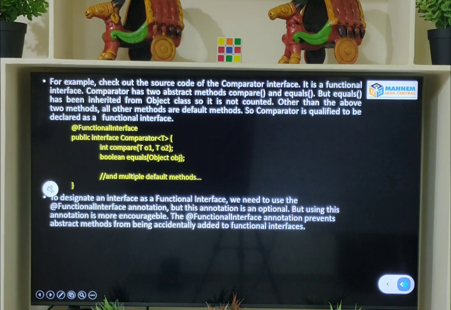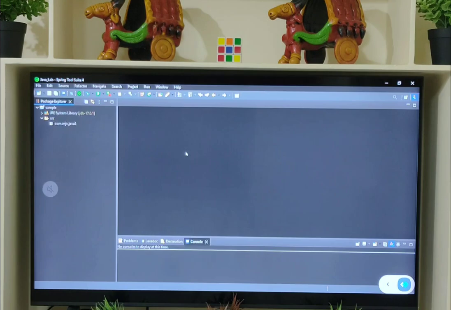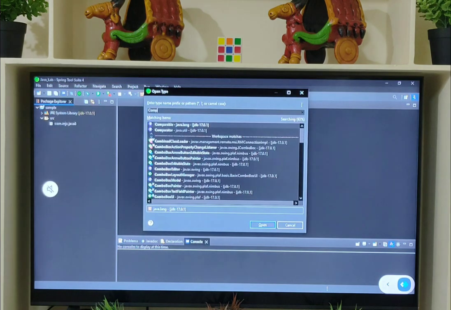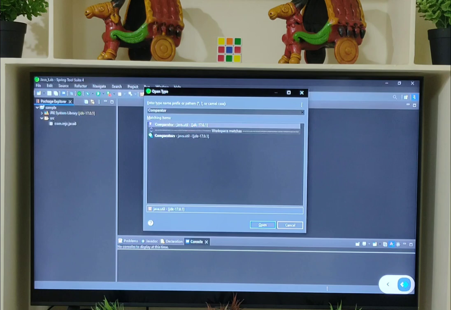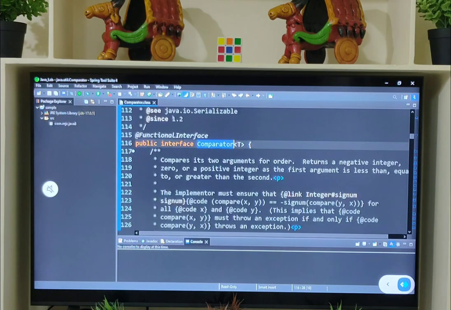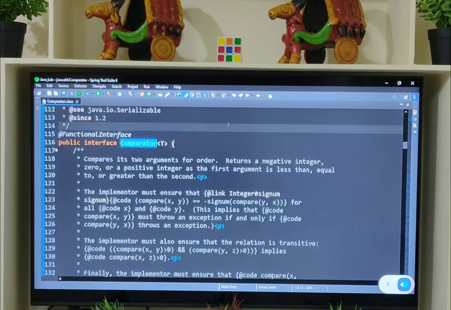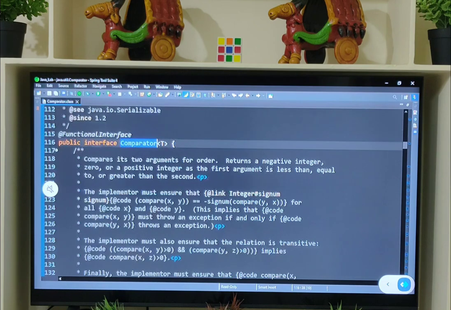Along with these two abstract methods, it has multiple default methods as well as a static method also. So I will show you the source code of the Comparator using Eclipse. See, I will show you the source code of the Comparator interface. So listen, see here, Comparator is a functional interface.